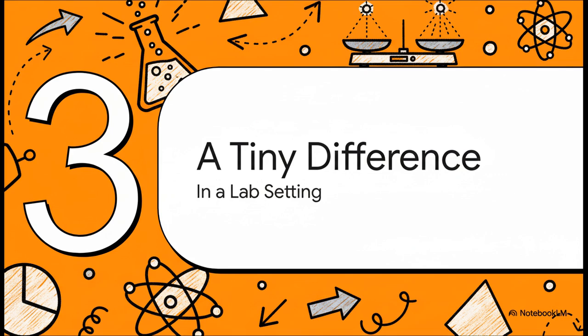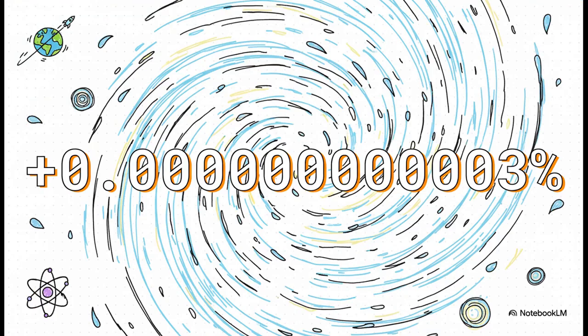Okay, so a formula is cool and all, but what does this actually look like in the real world? Let's take this out of the theoretical and imagine we're in a lab. What would happen if we actually tried to measure this thing? And this just perfectly shows the scale we're talking about. If you spin some water at 224 miles per hour, which is pretty fast, its mass would increase by, wait for it, about 3 trillionths of a percent.